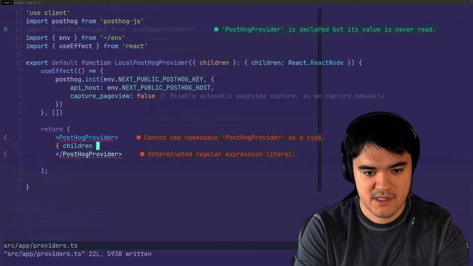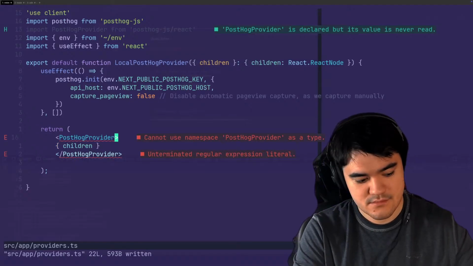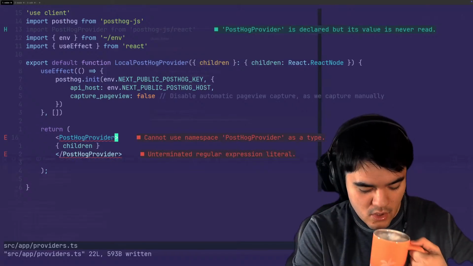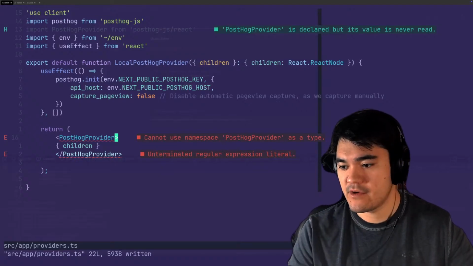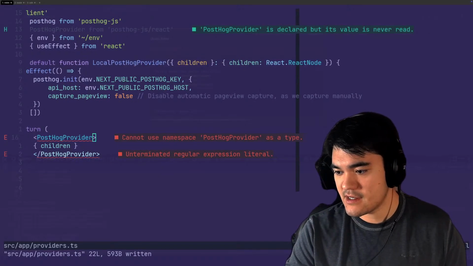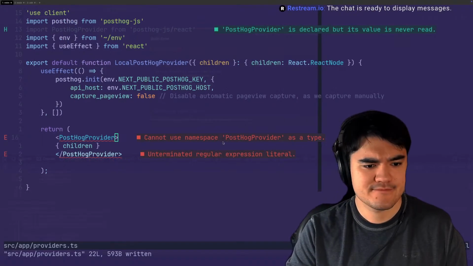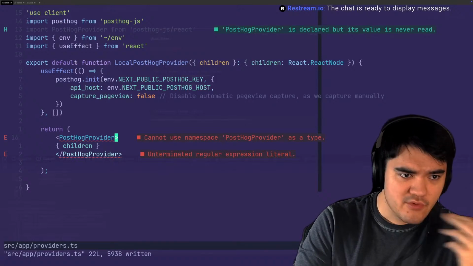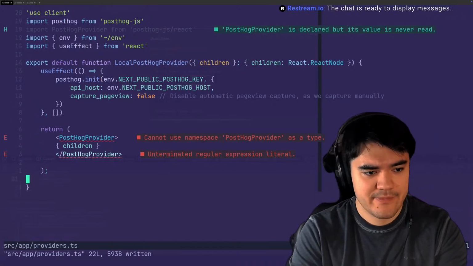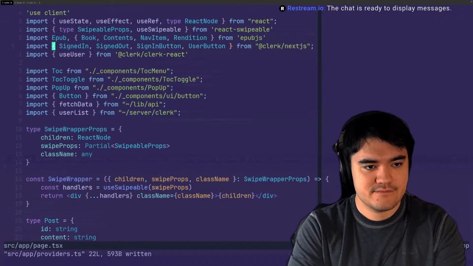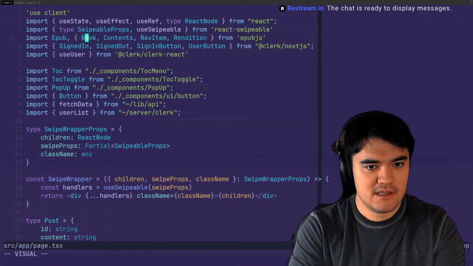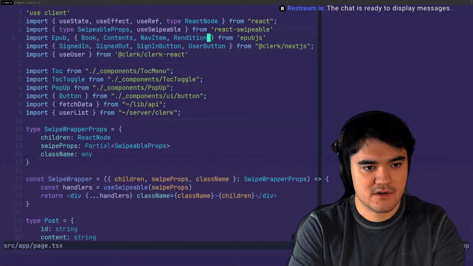Cannot use namespace as a type. See, so this is why I was thinking that whatever's going on here is a stupid import problem. That's very strange. Because I'm using, these are not types, these are components, right?